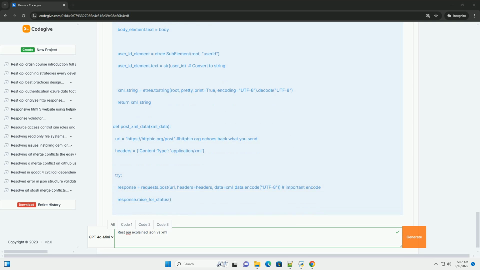4. ET.tostring(root, pretty_print=True, encoding='UTF-8') converts the XML tree to a string. pretty_print=True adds indentation for readability. encoding='UTF-8' specifies the character encoding. This is very important. 5. xml_data.encode('UTF-8'): when sending the XML data in the requests.post